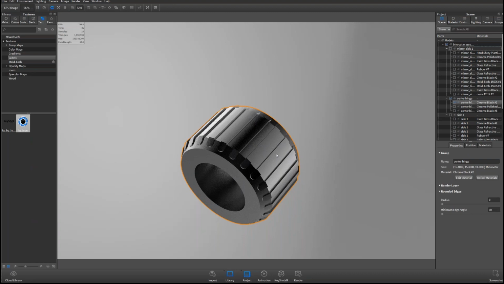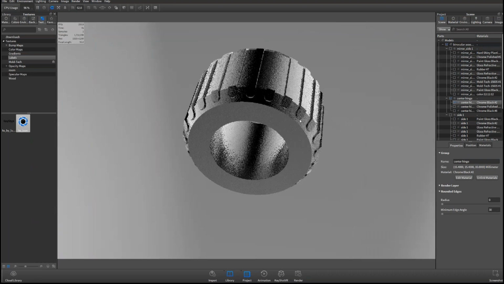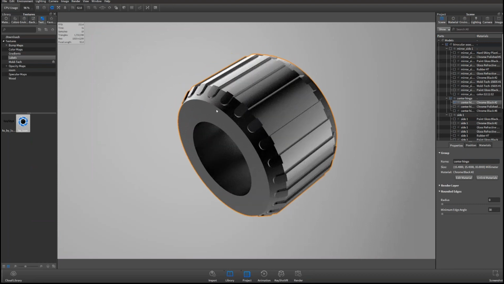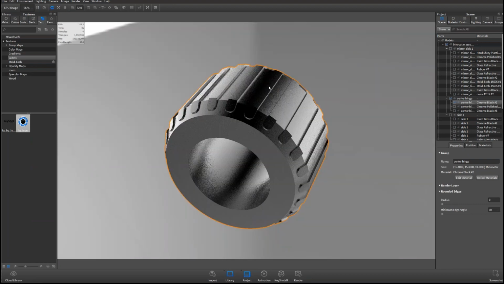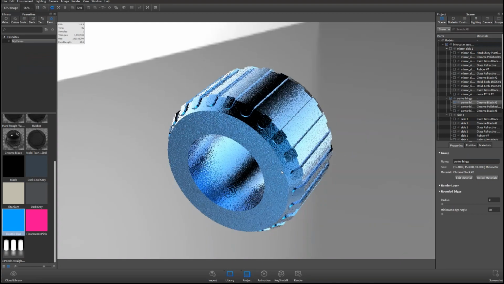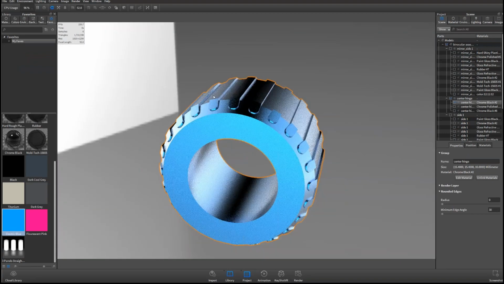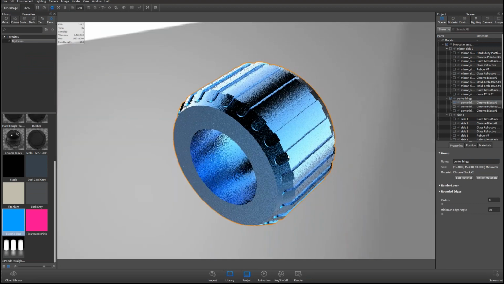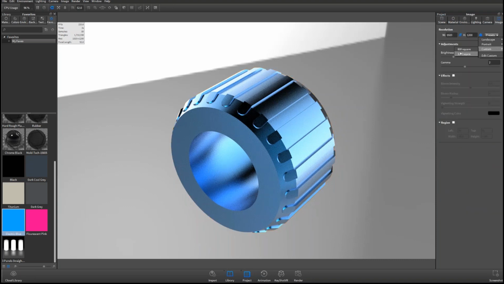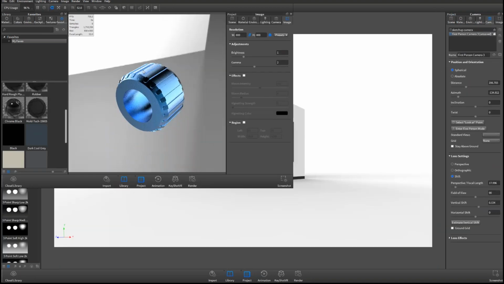But what I want to talk about is editing my geometry. This is a new feature, something that I think a lot of you have been wanting for a while. If I look at this piece of geometry and change the color on that material, all of this is one solid part. What we'd previously have to do is go back into CAD, change the colors on all of those faces, and then re-import it.